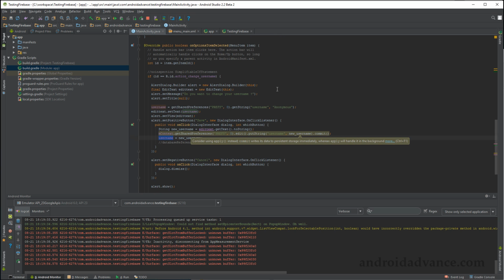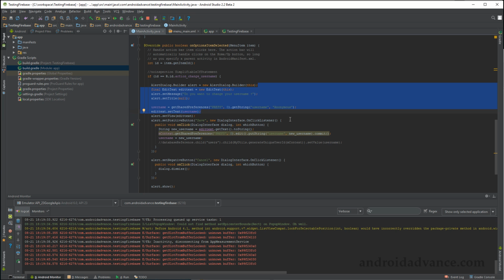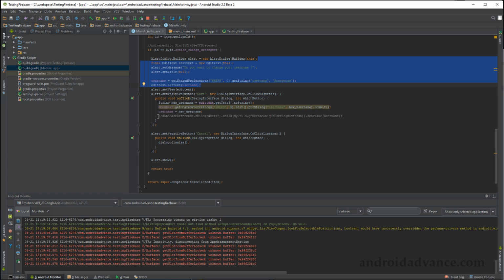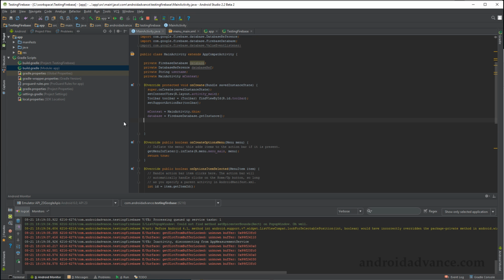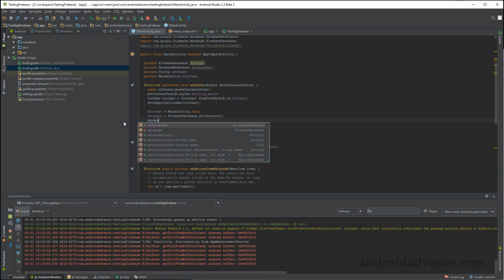You should understand by now how this alert dialog works. I mean, you are looking into a database tutorial right now, so you should understand it. So what do we do with this username? We want to save it. And how to do this? We have our database reference, but let's delete this part just not to trouble us anymore. So right now I'm gonna get a reference